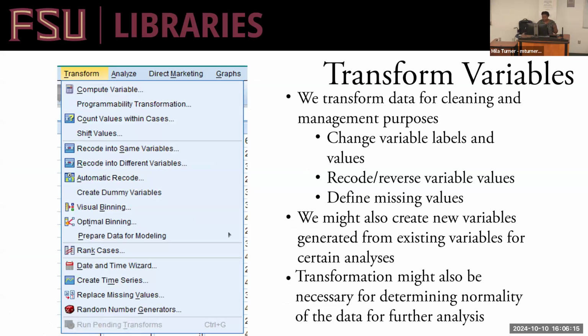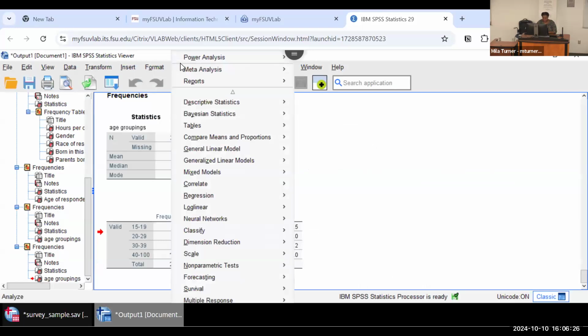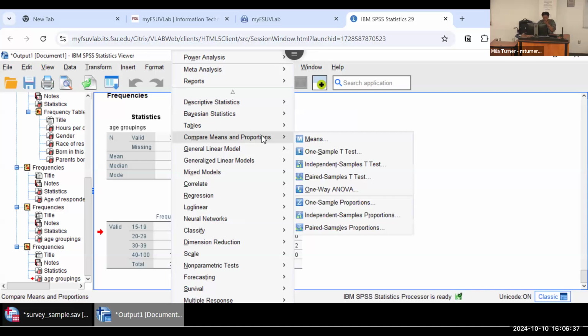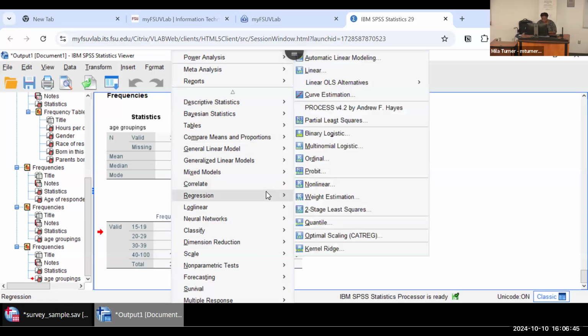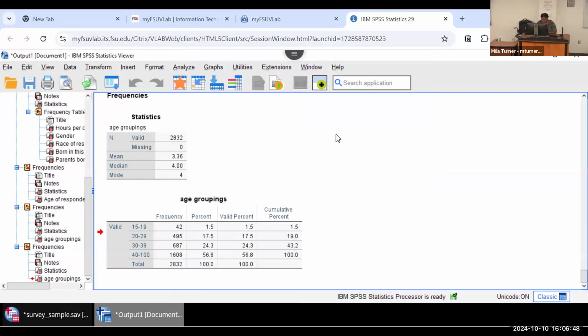We've got these new variables, so that's good. So I will go back to this. Trying to think about what else you might do frequently. What I showed you: frequencies, descriptives, crosstabs, compare means and proportion. We didn't do that, but if you are looking for your t-test and ANOVA, that's going to be in that menu. Correlation and regression. And while I'm here, I should go ahead and show you how to save both your